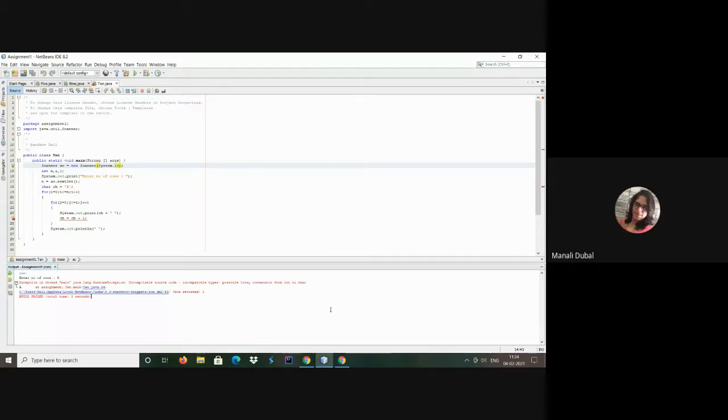So when the loop is infinite, it is going to input the numbers anyway. Then as soon as you input the number, check if the number is 0, then break. In the other case, no need to mention else also. You can just put sum equals to sum plus n.